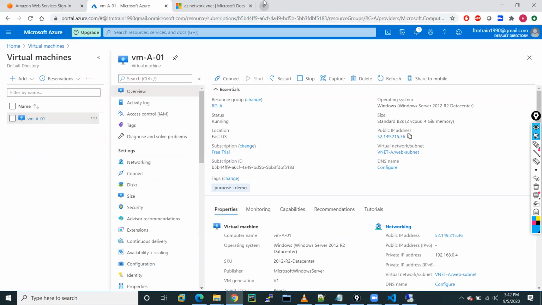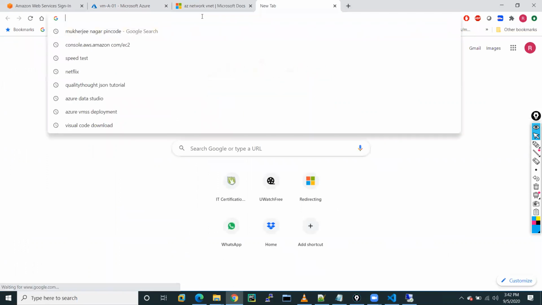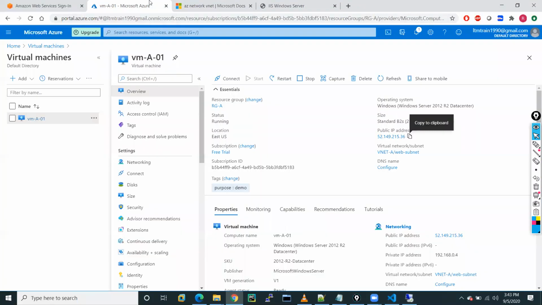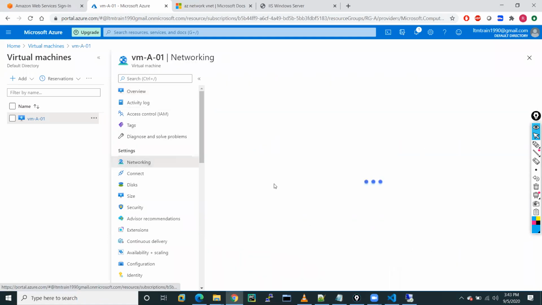I'm just trying to show you one basic lab. See, we are able to access this web server by using our browser. If you have your mobile phone, you can type this public IP address and access it as well. It is now publicly available. If you want to restrict the traffic, you have to go into networking.